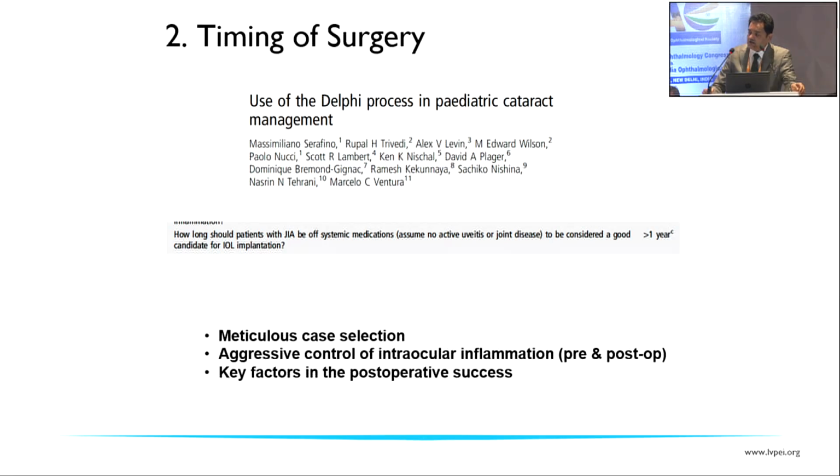There was a definite consensus that it should be more than 1 year, though some felt, depending upon the age of the patient, it can be around 6 months. So meticulous case selection and aggressive control of intraocular inflammation, both pre, peri, and post. This is not about just pre-operative management, it has to be post as well. And these are the key factors for